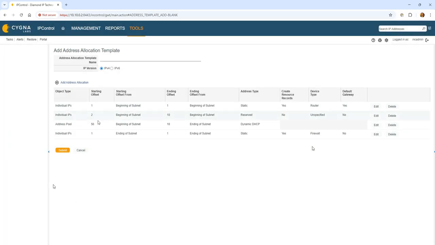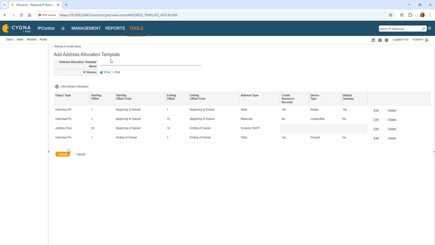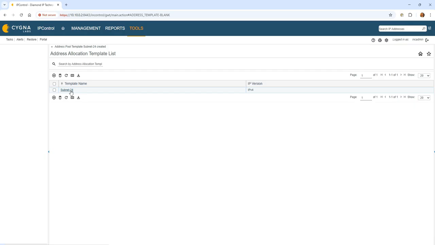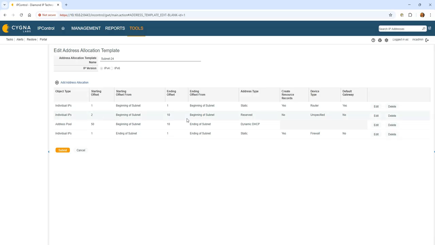So this is effectively how we create the address pool allocation template. I need to give it a name. And what I recommend doing is something like subnet-size. So I might want to say subnet-24. This is applicable for a smaller subnet of 28, 29, 26, that would, of course, be modified. However, based on the